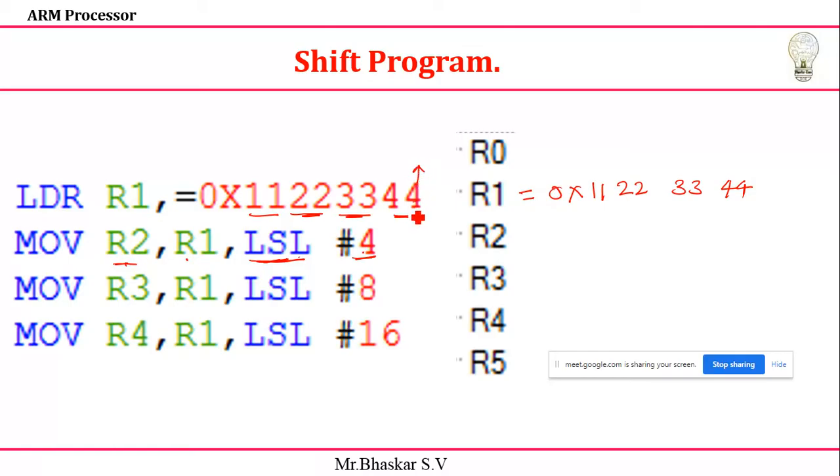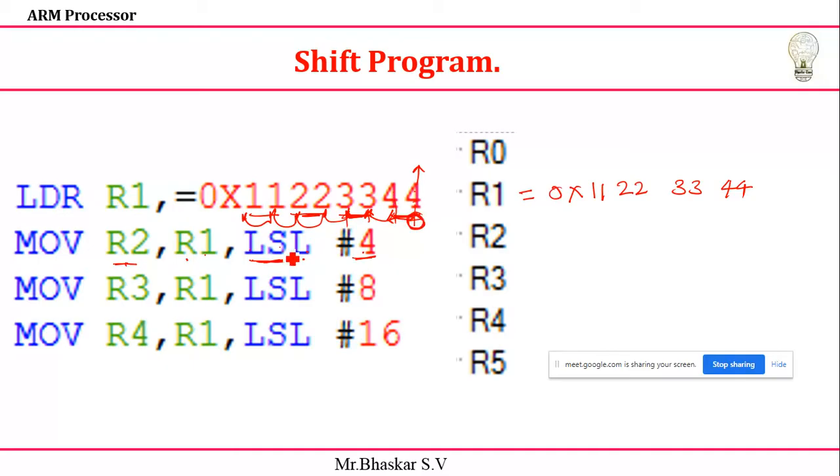Generally, each one we are going to represent as 4 bits. This is also 4 bits, this is also 4 bits, this is also 4. These are called nibbles. Totally we have 32 bits. What they are telling, logical shift left of 4 bits, means this 4 will come to this position. Yes or no? This one will move to here, this one will move to here, and so on, and finally it will be padding of zeros.